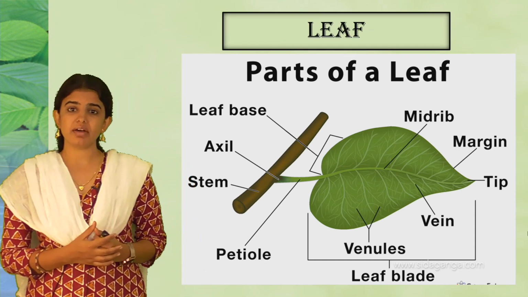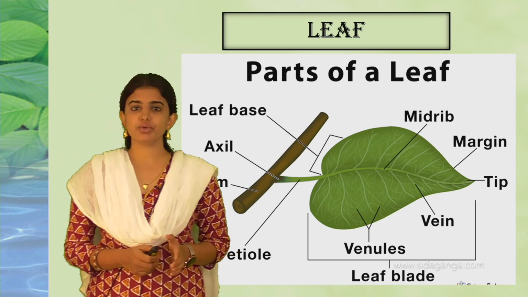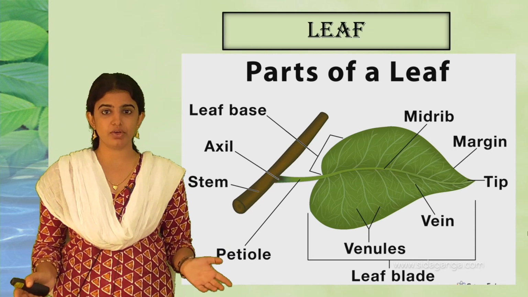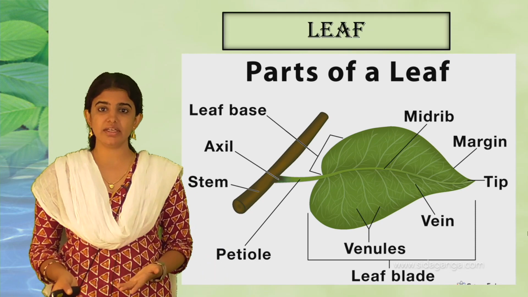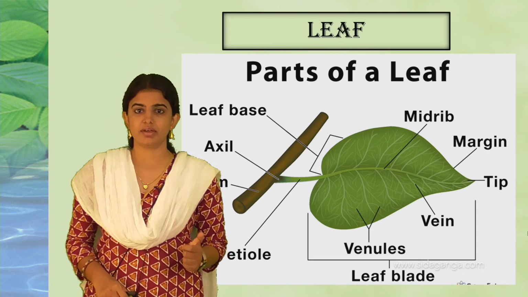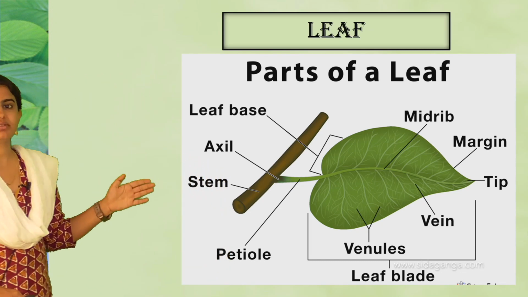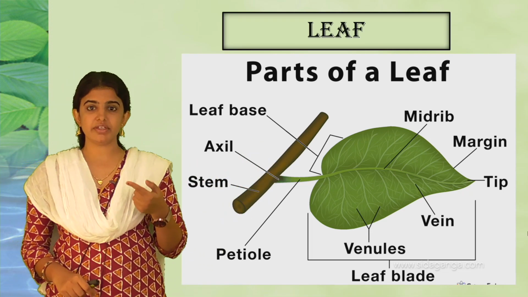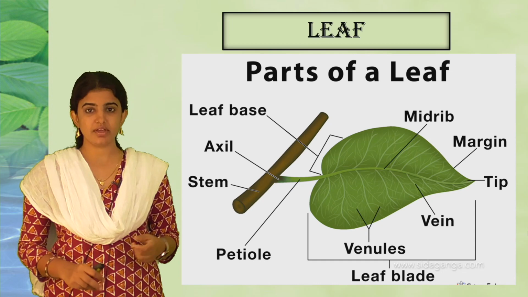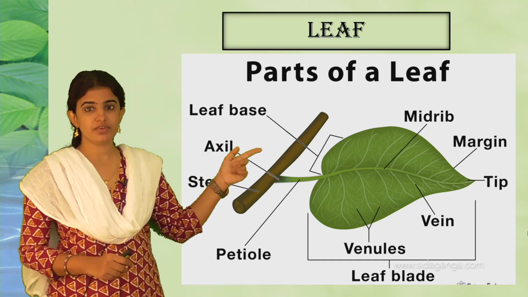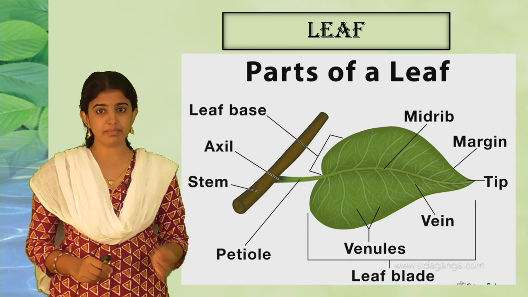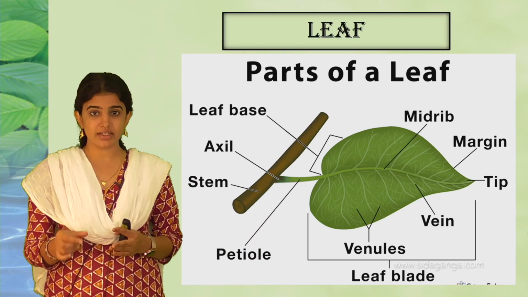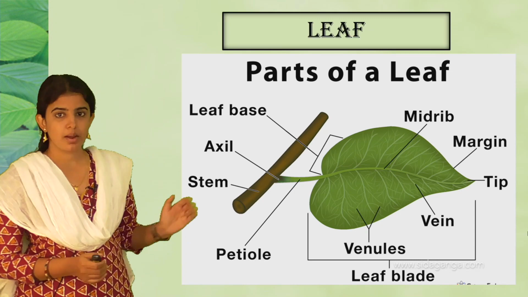Next is the parts of a leaf. As I told you, in human beings the different parts are located in different places, and in the same manner the leaf parts also vary. This is the parts of a leaf where we see the different parts. At the apex or the tip of the leaf, we call it the apex, and there is one main vein arising at the middle of the leaf called the midrib, which is the thick vein.